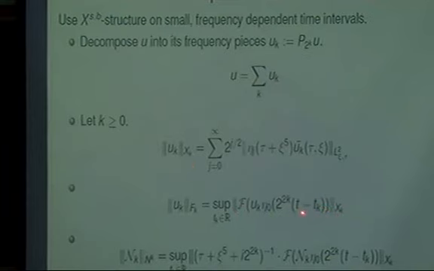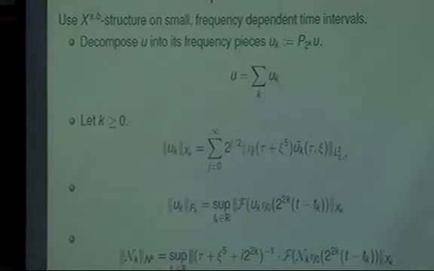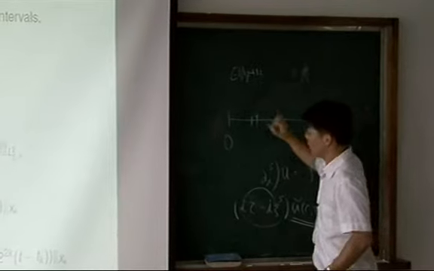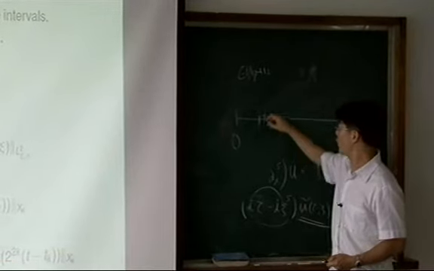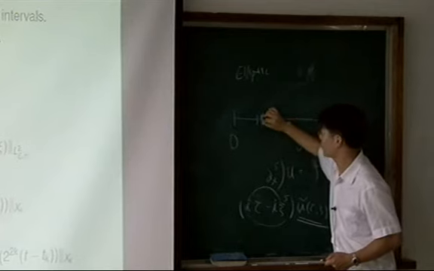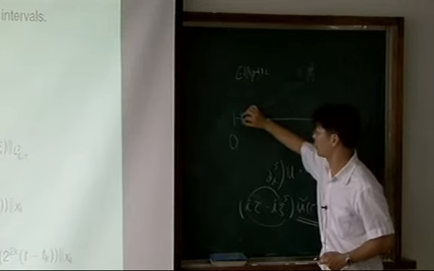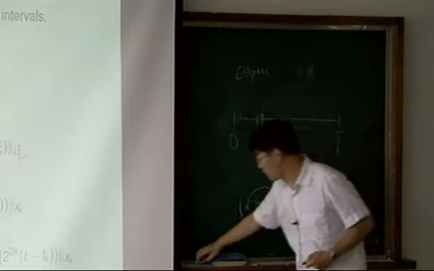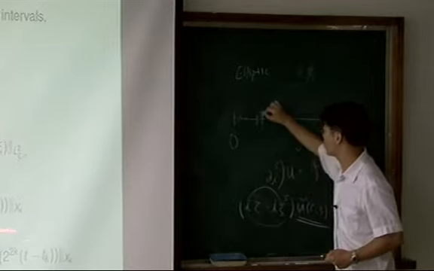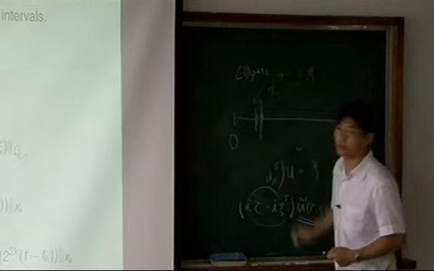Okay? And for that piece, we use the XSB structure, but we need to say for a given time, now from 0 to capital T, and then we are going to use the XSB structure only for this time. But we don't know on which place we take such an estimate. So we have to take the supremum by the translation. Okay, for any interval, but the length of the time interval is 2 to the negative 2k.